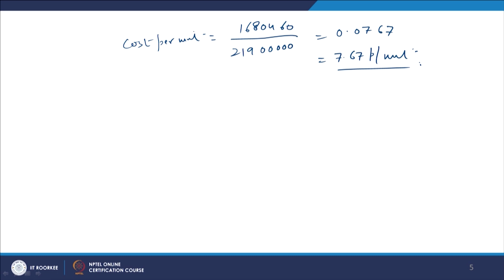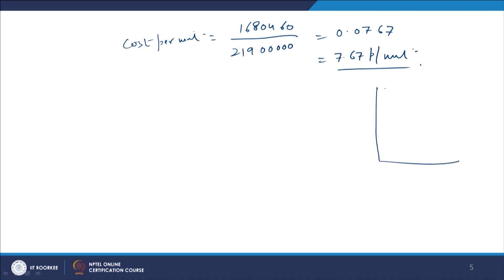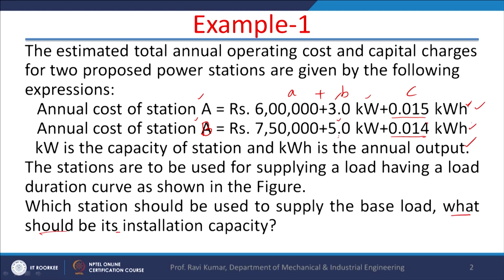This is how the cost is calculated, because in this case, if we take the entire generation by one plant, the cost will be high. If we take the entire generation by A or B, the cost will be high. So, what we have done is taken part from the base load plant, which has a lesser value of C, and part from the peak load plant, right. We have taken the combination of these two, and this has given the final minimum cost per unit of energy generation. Okay.